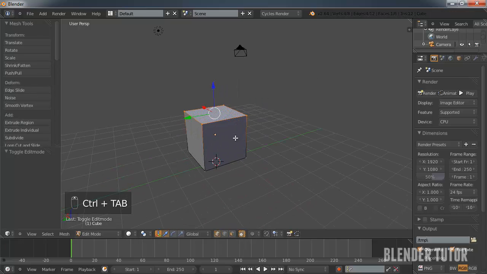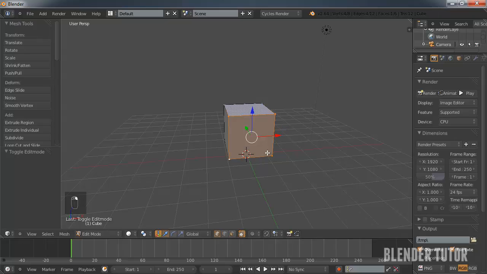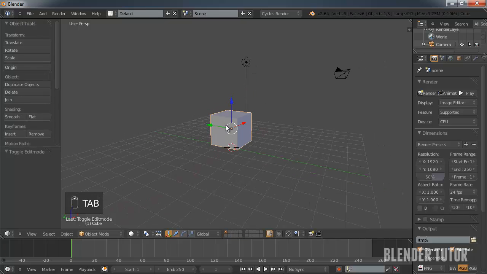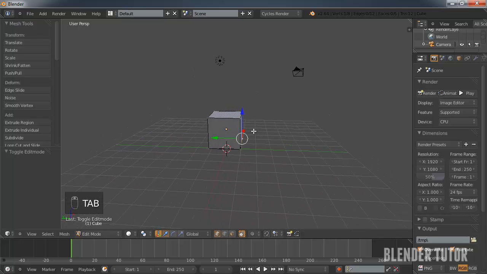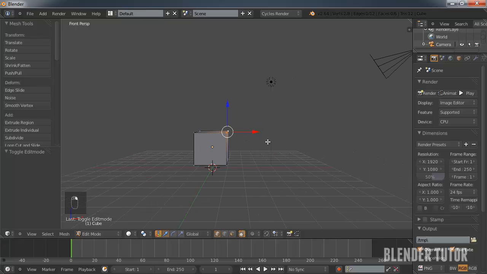and by default it's going to bring you into the vertex mode, in which you could literally just click on any vertex you want. To select a vertex, I'm just right clicking on one, and that goes for objects in your scene as well. If you want to select something, you're going to right click on it, or you could hit A to select all, or A again to deselect everything. So with my cube selected, go into edit mode, we could easily change its shape. I will select a couple of these and move those down here. And actually,